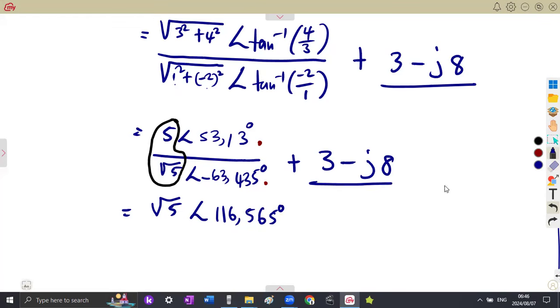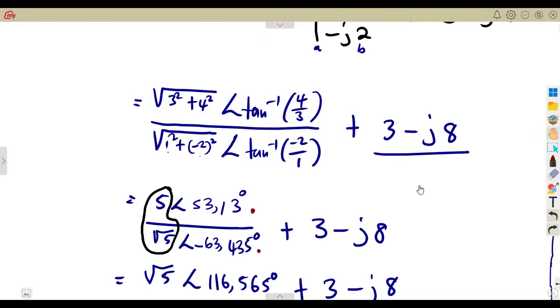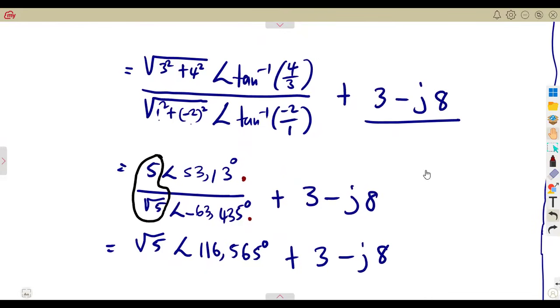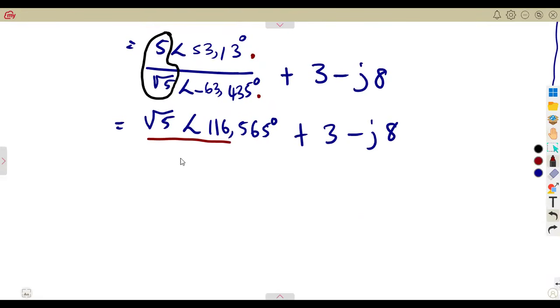And what about this? It's still in rectangular form. So we've got plus 3 minus j8. This is where we are. All right. So at this stage now, you can see that these two are to be added. And this is in polar form, which cannot be added to something in rectangular form. So from our simplification, I said it is best for us to perform addition in rectangular form. So meaning to say, you will be forced to convert this back to rectangular form